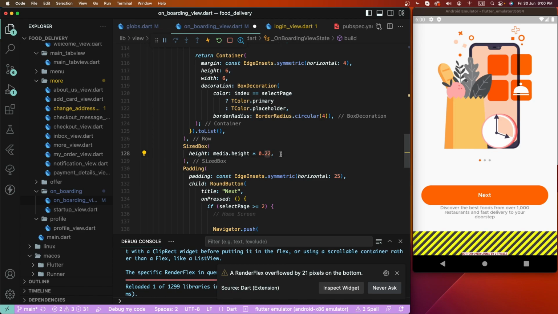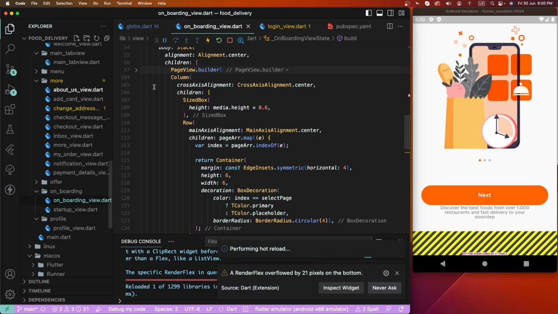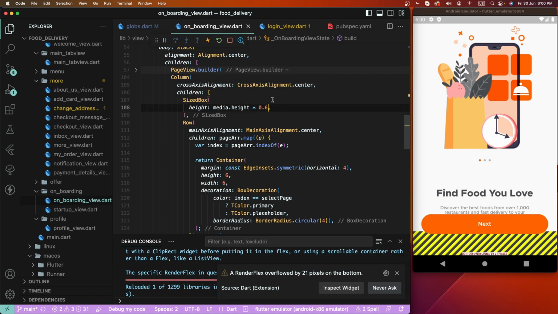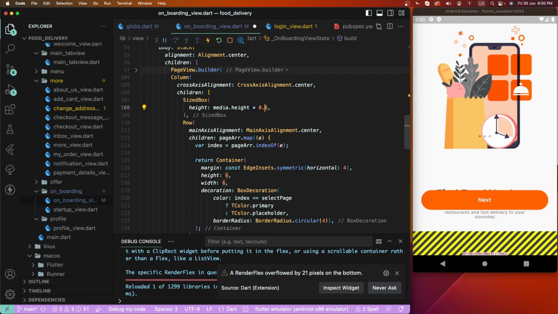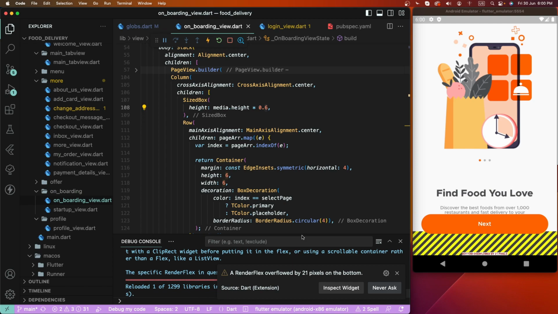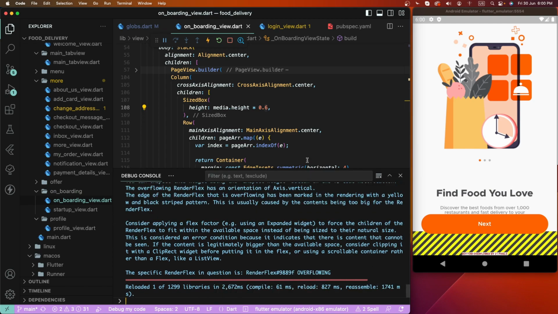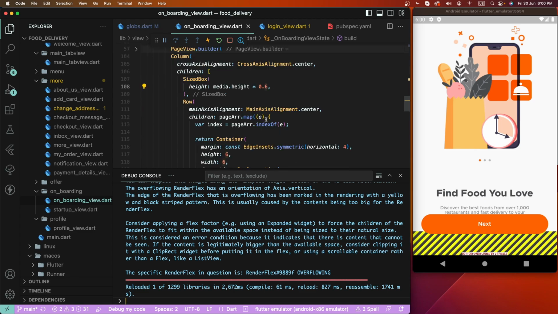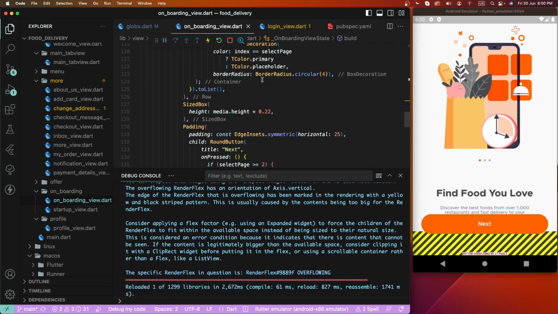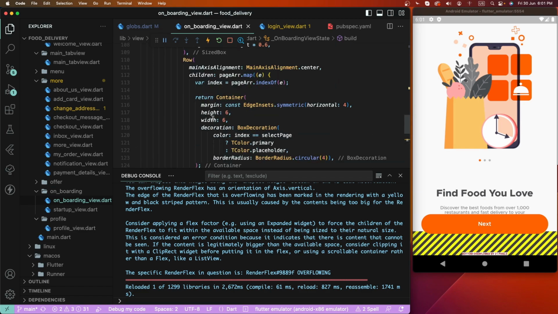Same error. First of all I need to identify where the overflow occurs. On the widget, first buttons, then after you need to set here